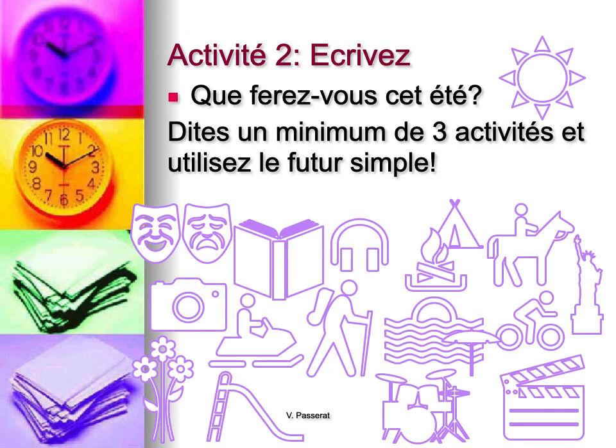So activity 2, activité 2, écrivez: que ferez-vous cet été? Dites un minimum de 3 activités et utilisez le futur simple. So you are going to have a glorious summer despite the current situation. Ignore that and think of how glorious your summer will be. And think of 3 activities, and you do not have to use the ones that I pictured here. That's just to give you some ideas. You're welcome to use them. And you need to write these sentences in the futur simple. When you are done, you can turn in your classwork.